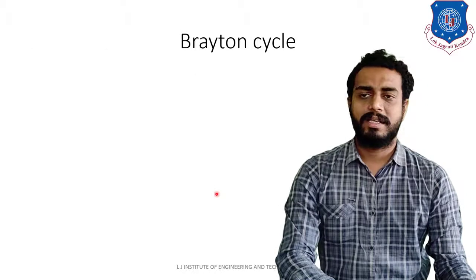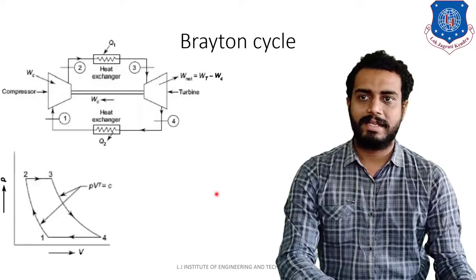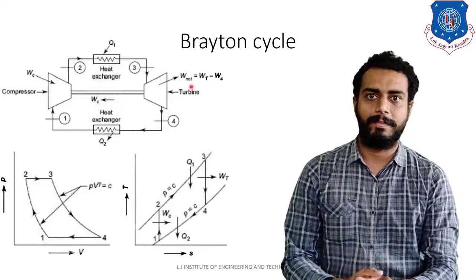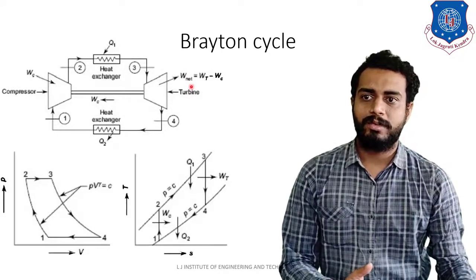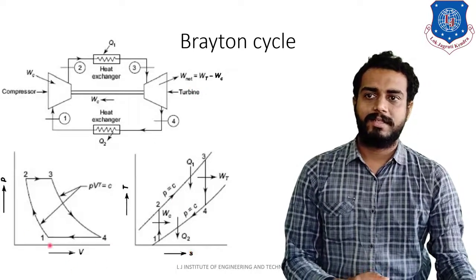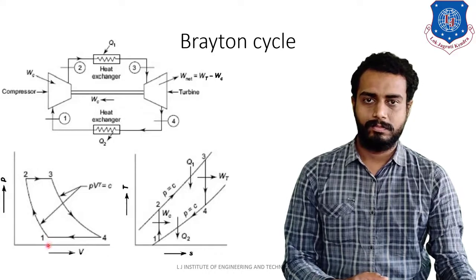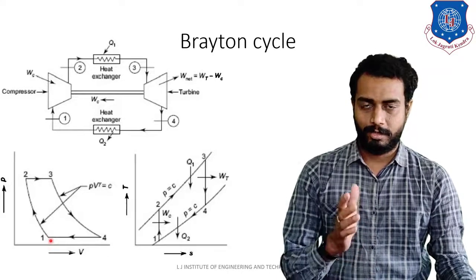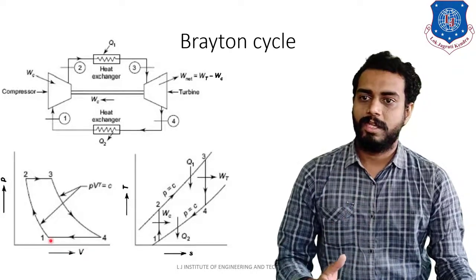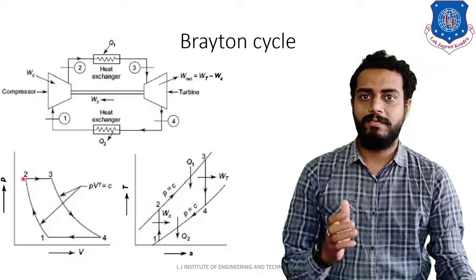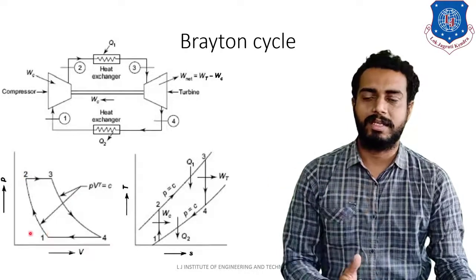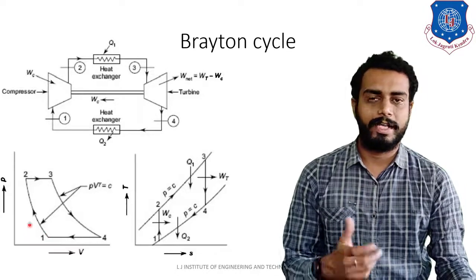Now let us understand the typical Brayton cycle. For understanding, the block diagram is already presented. Now we will understand the thermodynamic cycle of the Brayton cycle. Here you can see the PV and TS diagrams. On the PV diagram, let us understand the processes. Starting from point number 1, the inlet of the compressor, the air will be compressed, so obviously the pressure will increase. And if you compress the air, the volume will decrease. That is how 1 to 2 will take place.